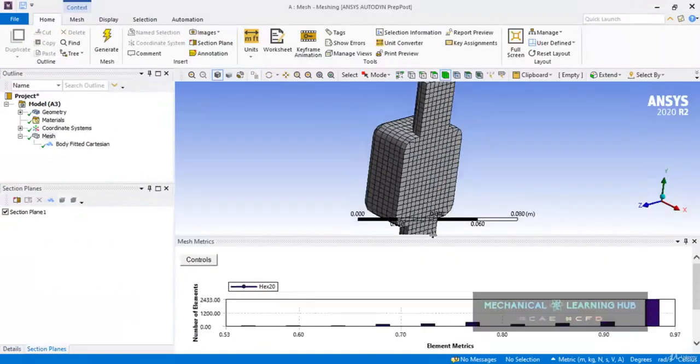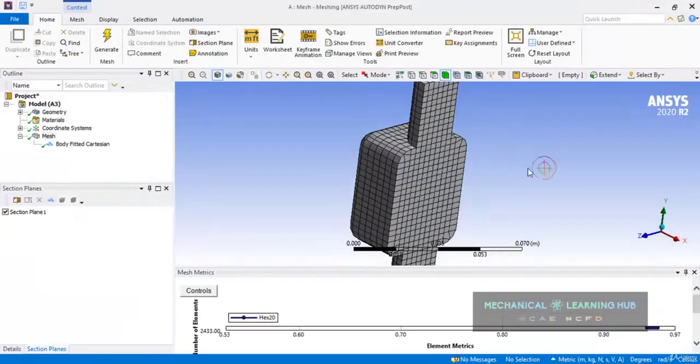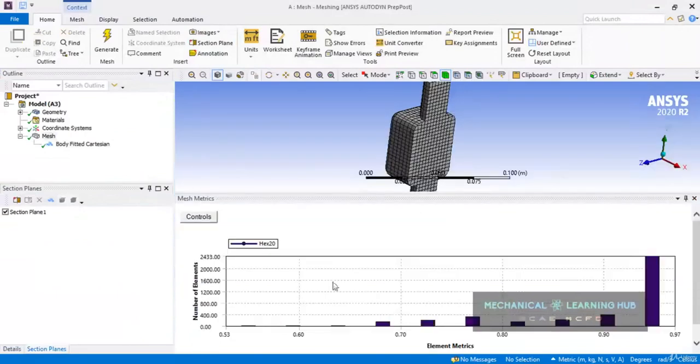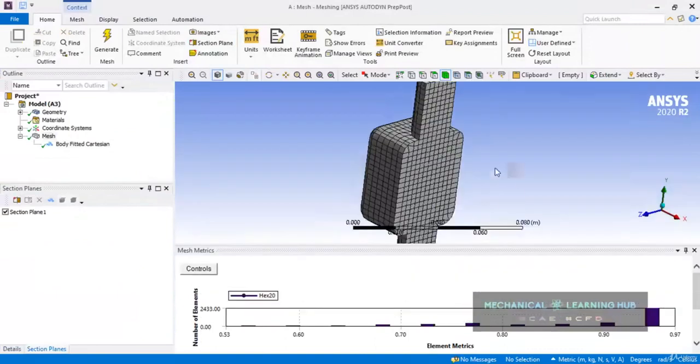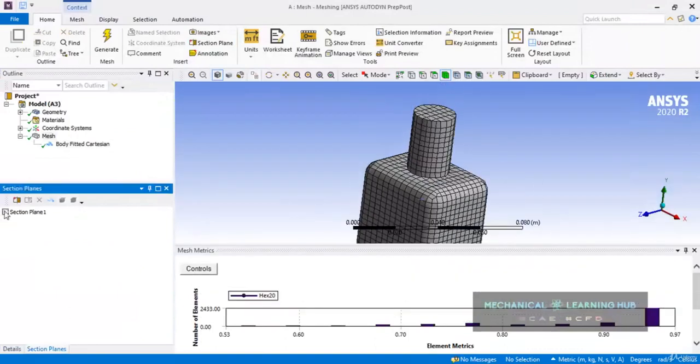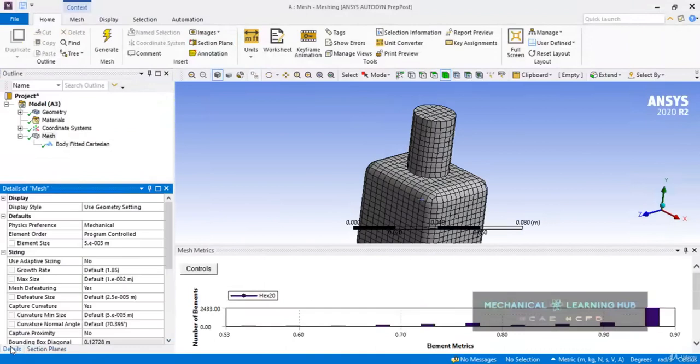Here everything is 100% hexa mesh, right? So there are no tria elements here. You can see here only hexa has been identified. And now let us again switch off this section plane,